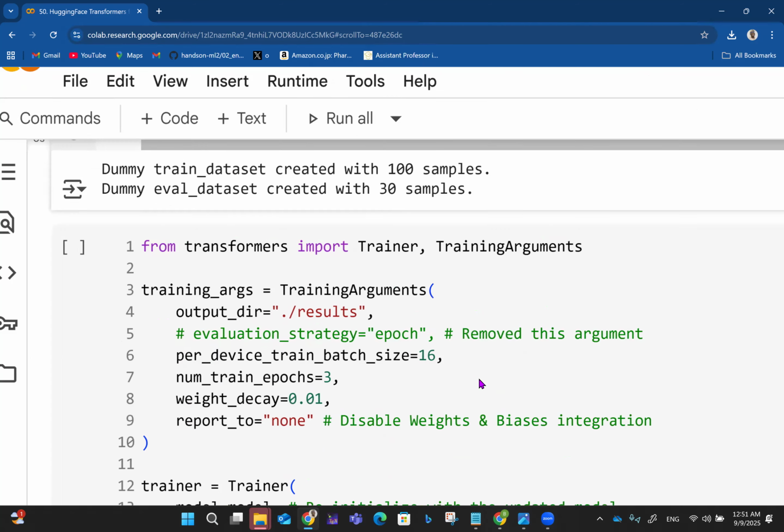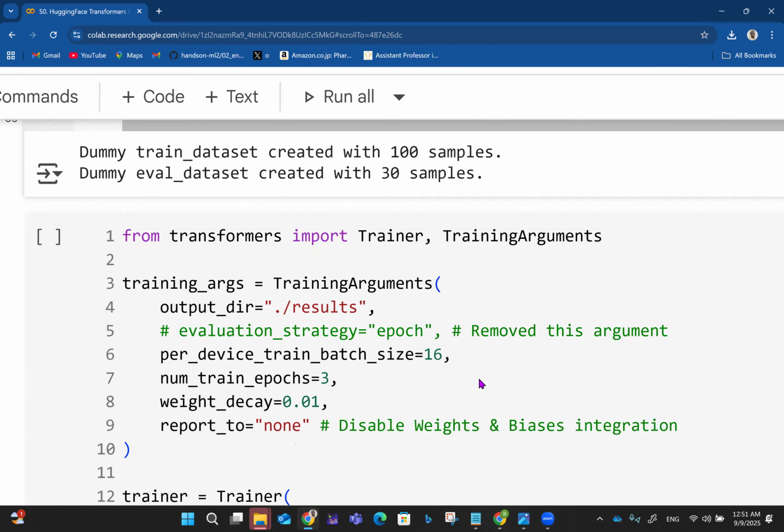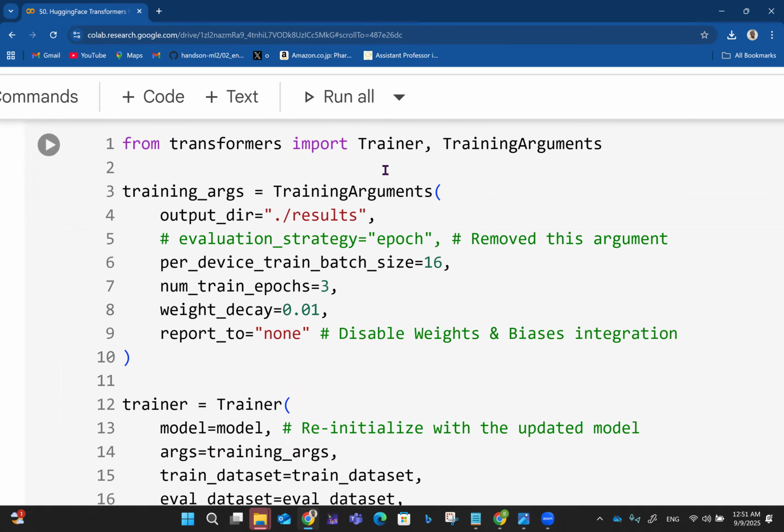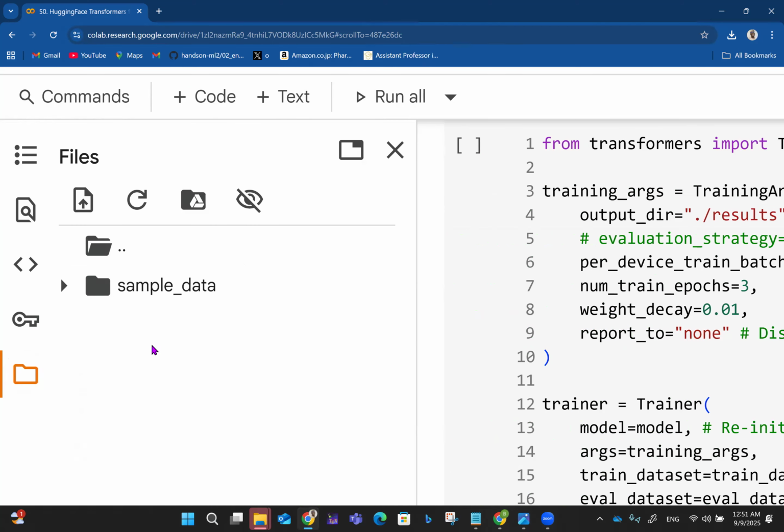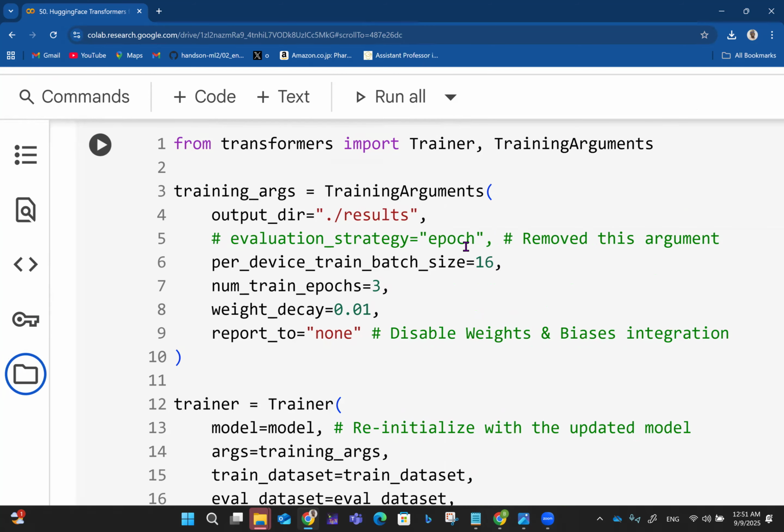Okay, then from transformers, you can import Trainer and TrainingArguments. For the training arguments, you have the output directory results, and then you have evaluation. Does it mean that we have a folder called results that has joined? Okay, no, it's not there. So let's see what happens. Evaluation strategy epoch, remove this argument. So you have per_device_train_batch_size 16, num_train_epochs 3, weight_decay 0.01,